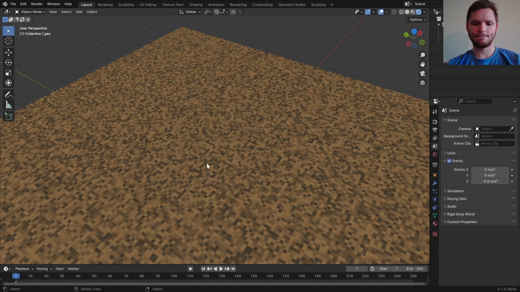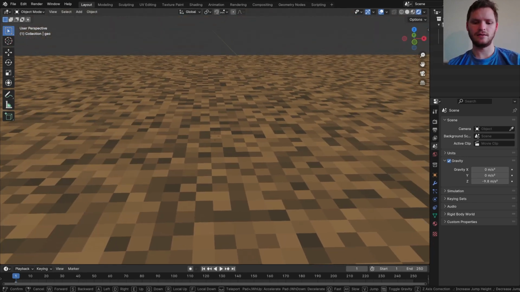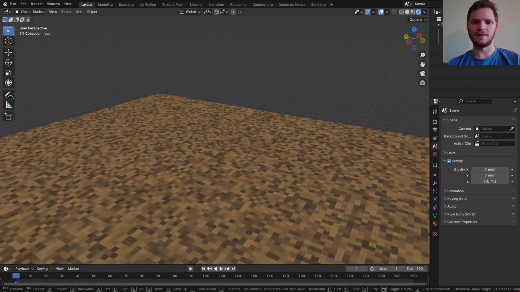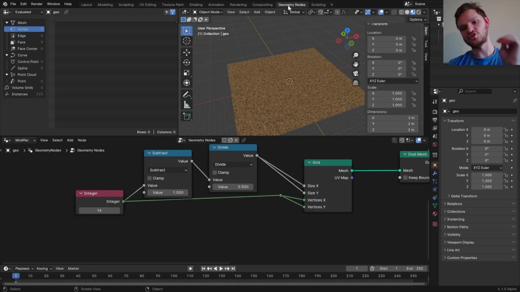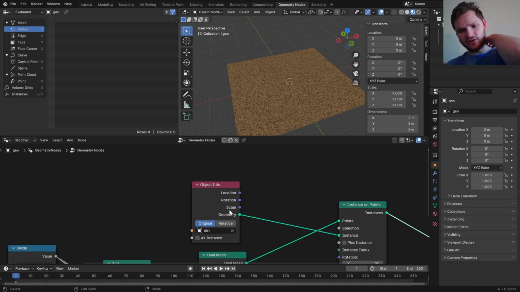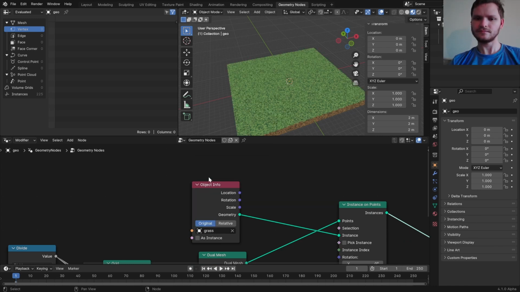Let's find out. So I'm going to do walk navigation. I'm going to enable our gravity. And okay, you can jump. Maybe you can jump a little too high, but you can jump, you can move. Perfect. Okay, so now, and by the way, we could have easily swapped this as grass,